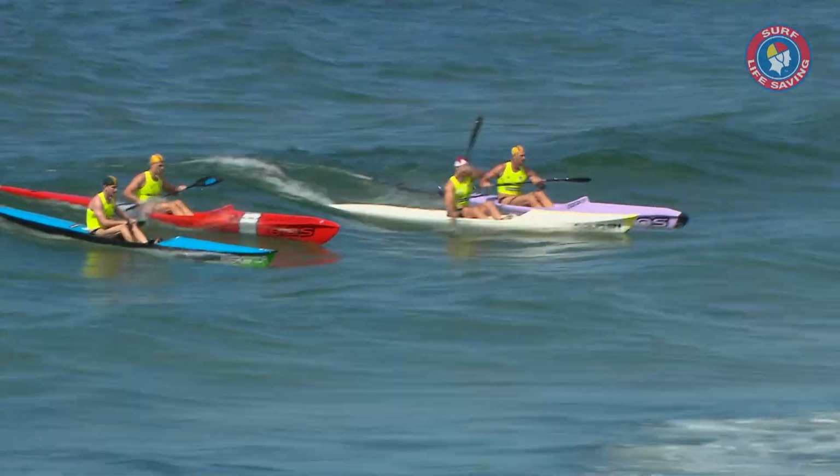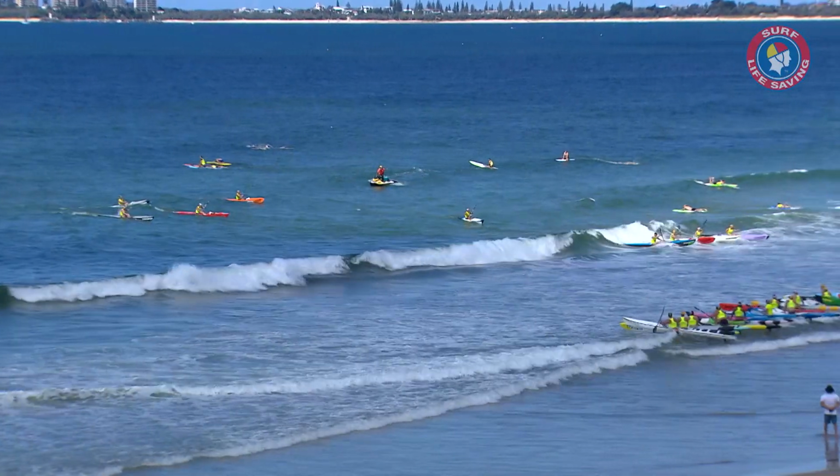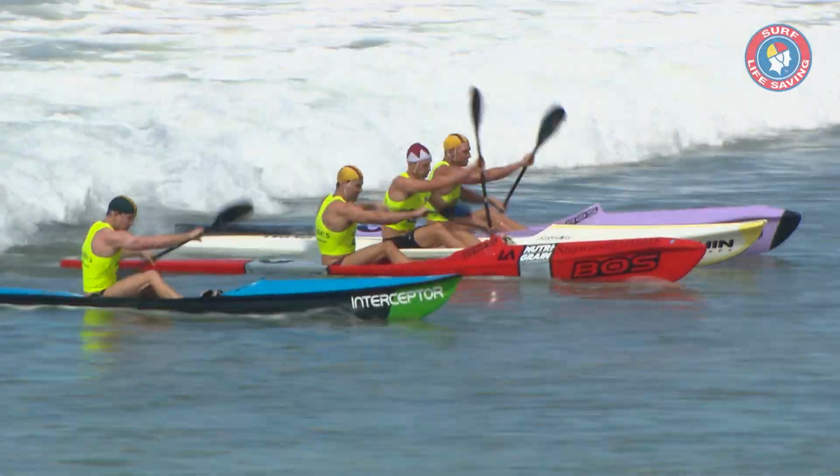Are they ready to go? Because, you know, these guys are going to be giving it everything. They're going to be absolutely cooked by the time they do that tag. And this is where it gets interesting. Who's going to stay on their feet the longest, or who's going to stay paddling the longest to get around